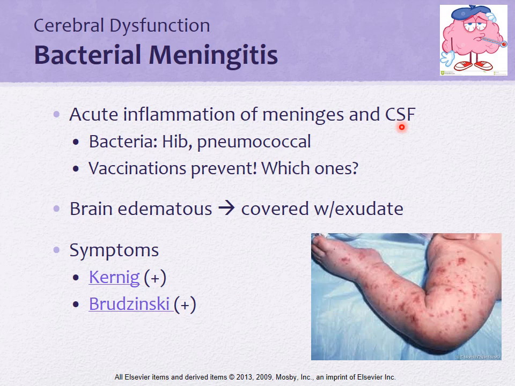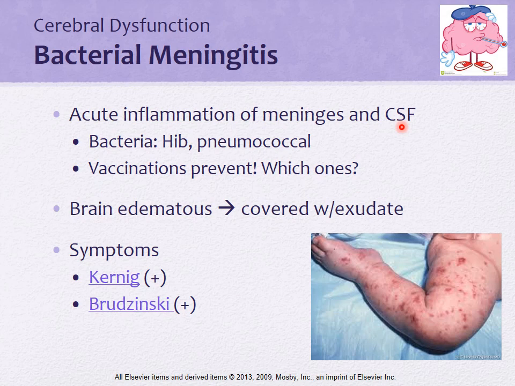So your Hib vaccine and your PCV, which is the pneumococcal conjugate vaccine, are what they need. And they get their first dose at 2 months old, and then they get it again at 4 and 6. So the Hib and pneumococcal or PCV vaccines, they need to be getting those at 2, 4, and 6 months.